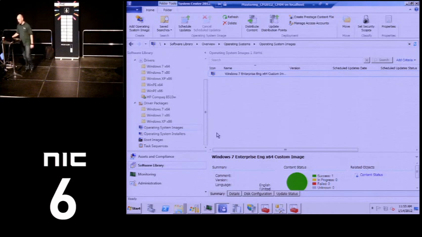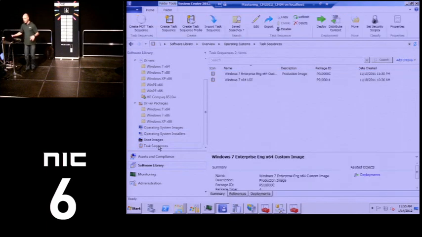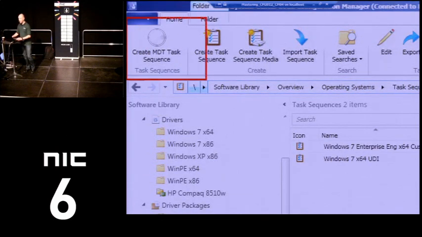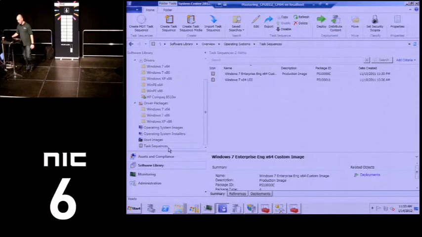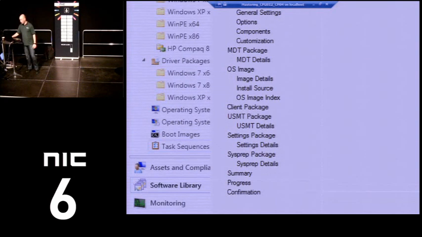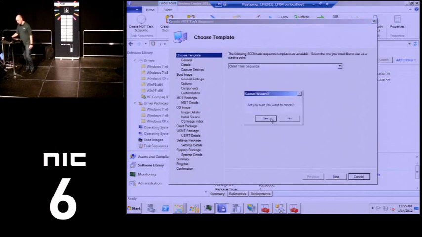After you integrate MDT, if you go, for example, to your sequences, you will see that up in the ribbon bar there is a new button: Create MDT sequence. When you create that sequence, you get a quite lengthy wizard, 20 pages or so. This wizard will help you create all the packages that you need for deployment. And the end result, after running through this wizard, I'm not going to do that,